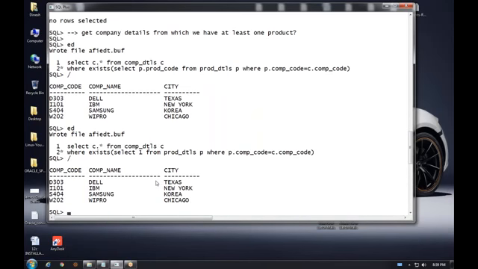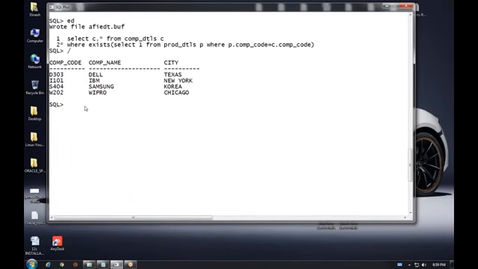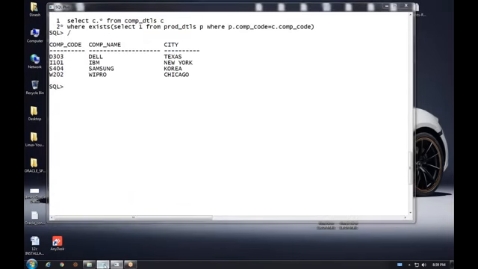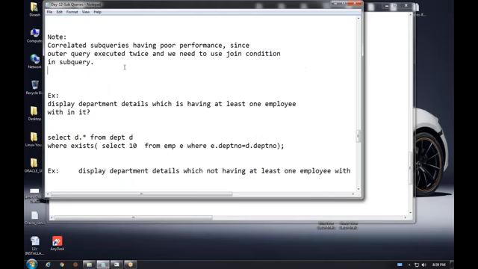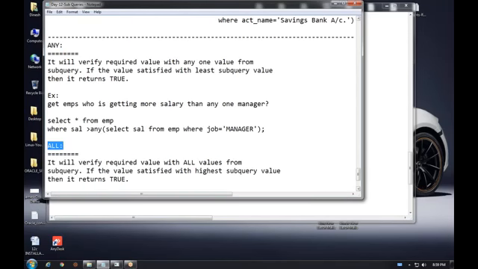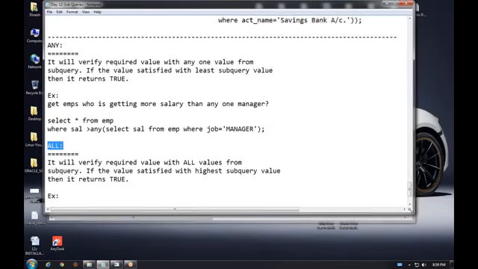Next, let me go through here. What is any operator? All operator. 2 operators, any operator and all operator. In between queries, outer query and subquery, we can also use any and all operators. See, you are writing a subquery. The subquery is giving some values. If you are using any operator between two queries, then